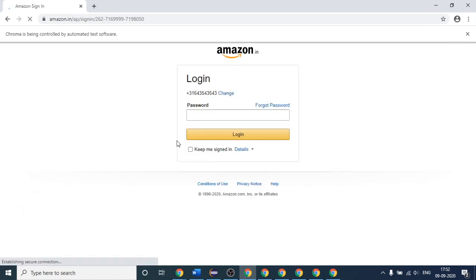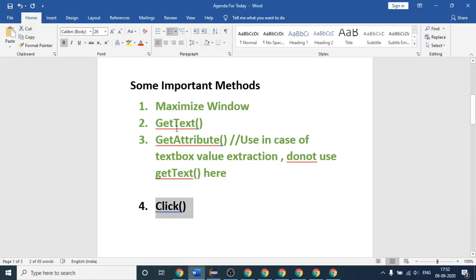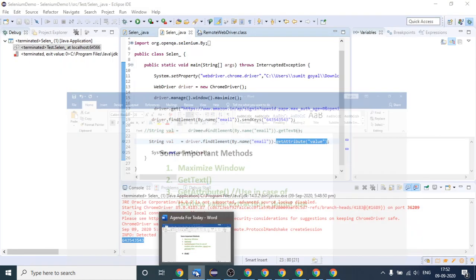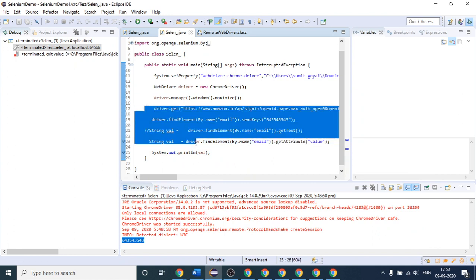See what it has printed. So it has come to another page, you can see. It is now expecting a password. So we first have to click on the continue button, then only can we navigate to this page. For this there is one more method, that is the click method. This click method will help us in clicking something on our web page.